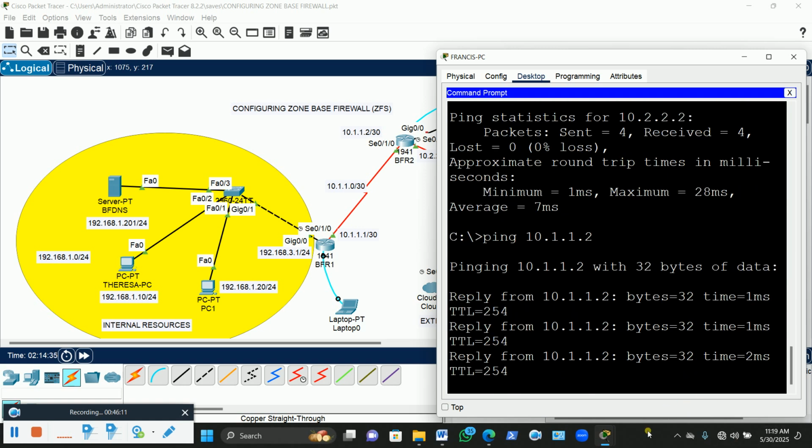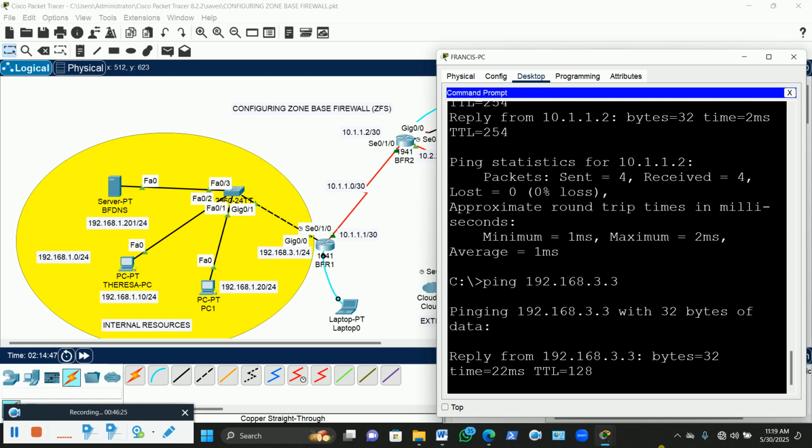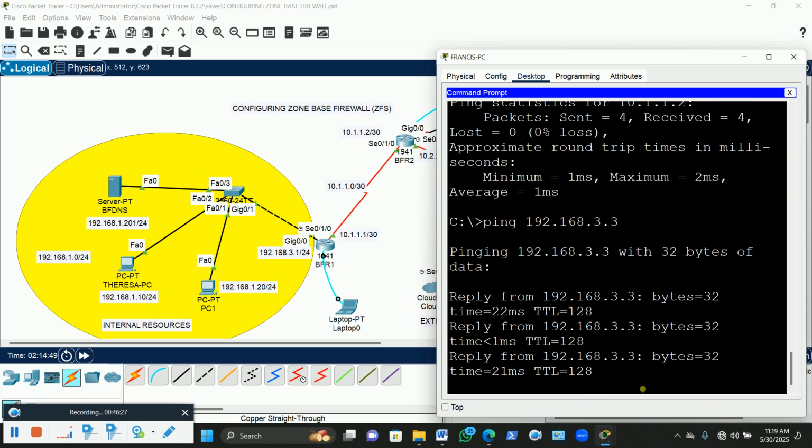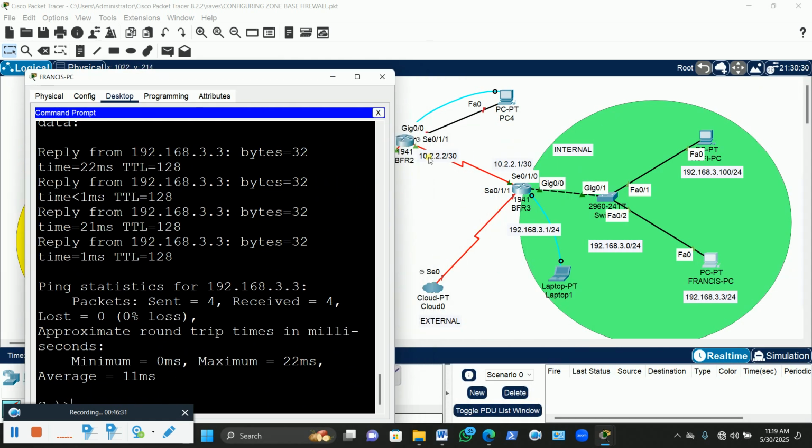It's pinging. It's pinging. Let's go as far as the server over there. Okay. So let's see the ping. Listen, it's pinging. So it was the IP address that I gave, which is the same IP address that caused